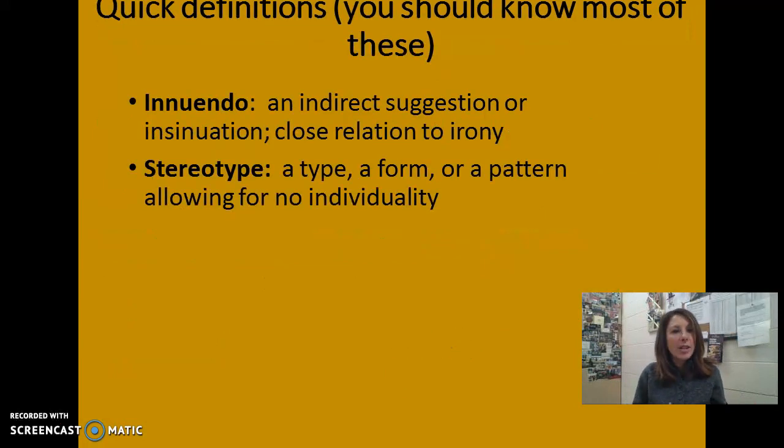Innuendos are indirect suggestions to something. So if there was a teacher at a school and his name was Mr. Chokumchild, that would be an innuendo that he doesn't really like children, even though he's a teacher, because his name is Mr. Chokumchild. And that would be, of course, in a book. And I think it's the name of a character in a Dickens book, if I'm not mistaken. And then lastly, stereotyping is done a lot in